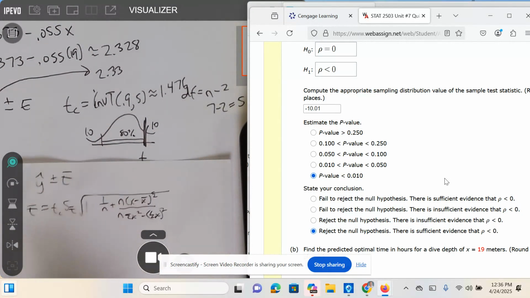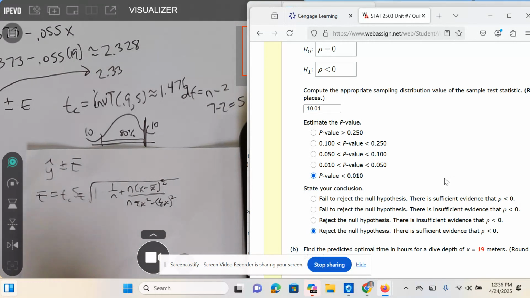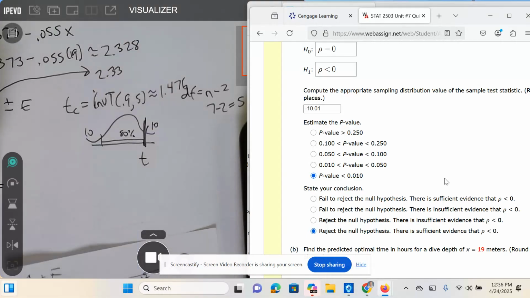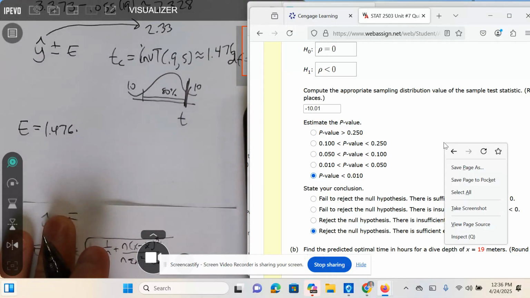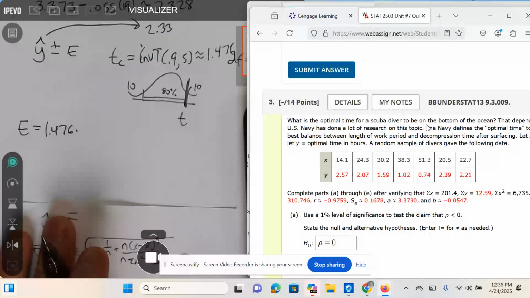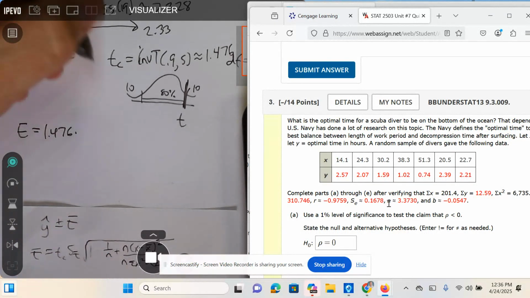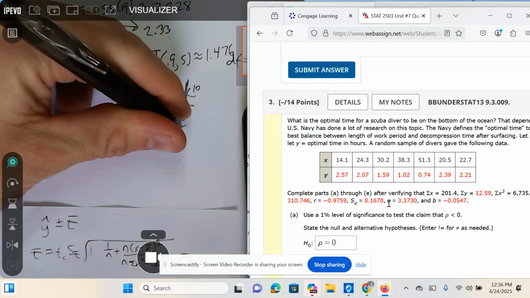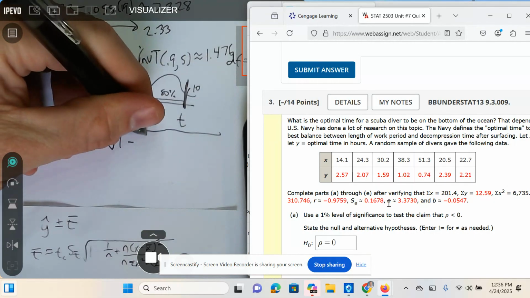All right, so now what I'm going to have to do next, this gets a little complicated, and I apologize. So the error is equal to the critical value, which is 1.476, times the standard error. I've got to go up here to find that. Standard error is right there, 0.1678. I did this wrong yesterday trying to do this. So it's 1 divided by n